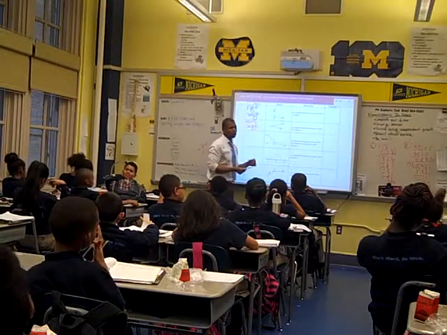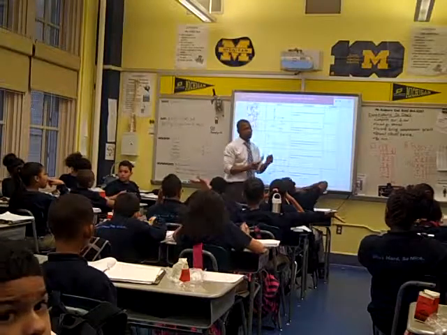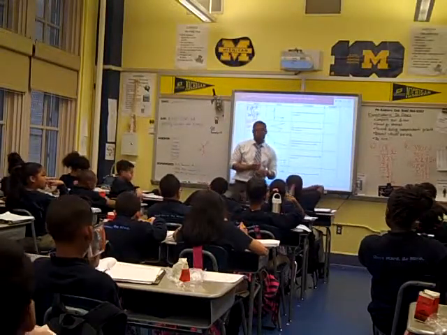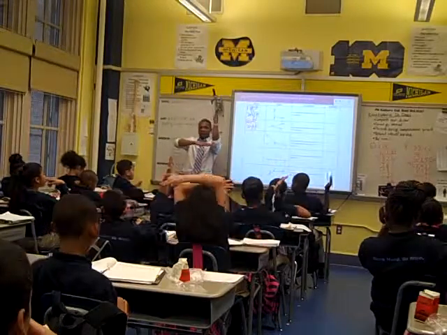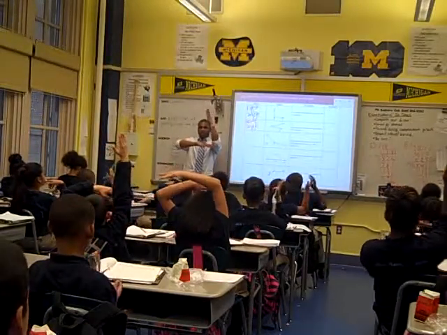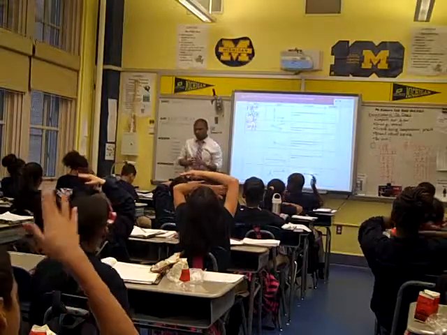So if the line covers up, like when you put the card in the corner, if the card covers up one of the lines, the angle is acute. Let's do it with our hands. We got a right angle. Acute is going to be smaller than a right, less open than a right angle.